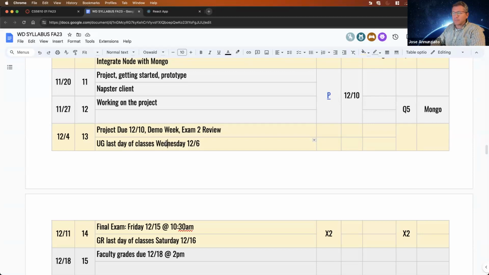And the expectation is that you are deploying all this to remote servers, right? That you are deploying your projects and assignments, obviously, onto Netlify, and backed by a remote server that is hosted either on Heroku or Render or AWS, right? Or any remote hosting service of your choice, right?